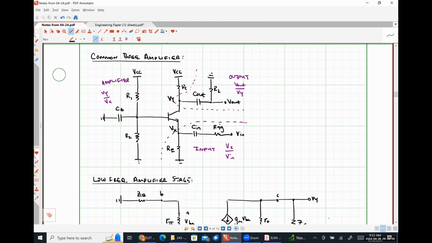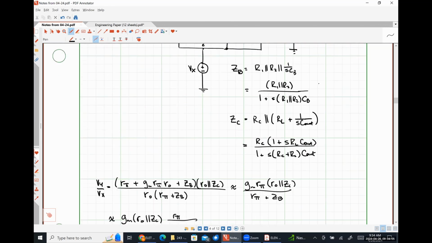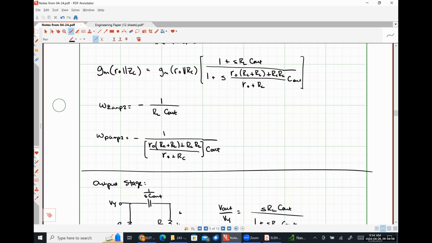Then we hit node X, looking down, we're going to have a resistance Re, and looking up, we're going to see an input impedance of our common base amplifier where we have some base impedance connected and some collector impedance connected, right? So if we look at our input stage,